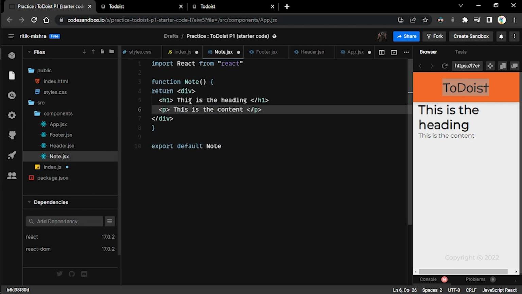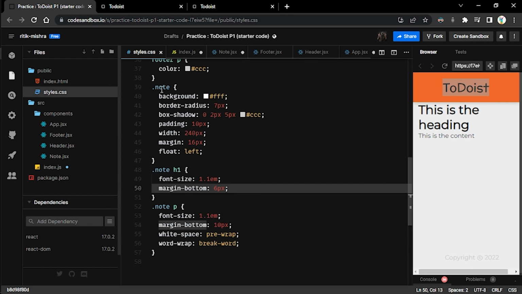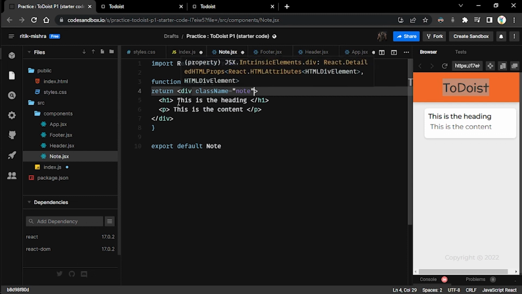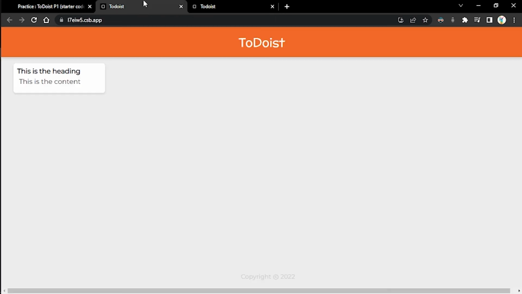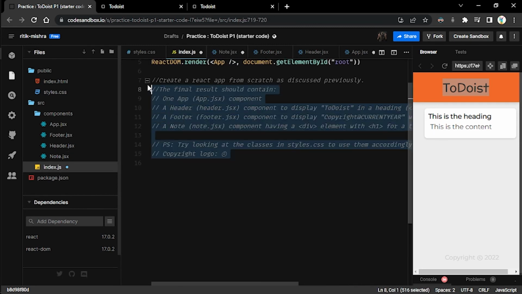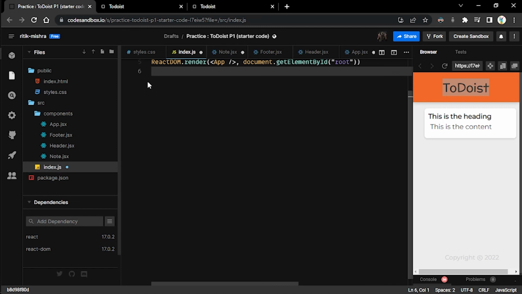And we'll just head over to node, and since we can see that this note class is consistent throughout, like both the h1 and p, it is better to add that in this div like this. Once we added this class of note at this div level, it is automatically covering this h1 and p as well. So now you can see the heading and this content is now done. And if I remove these comments from here and I save all of these files like this,